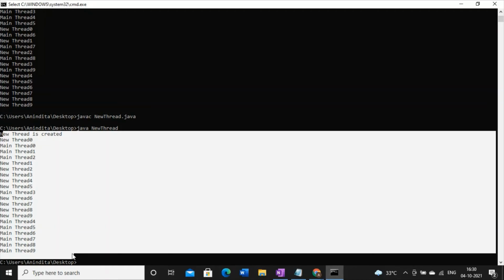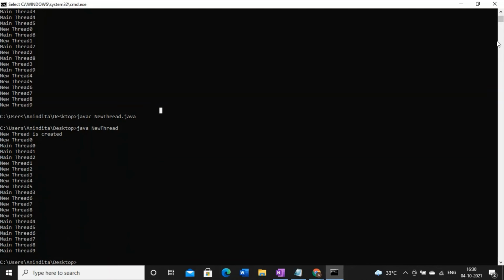What is the time slice? It is decided by the operating system. Why round robin scheduling? Because we are working on a Windows environment. And what do you mean by round robin scheduling? The CPU will switch from one thread to another thread depending on the time slice. Whenever a CPU is assigned to one thread, that thread is executing, and other threads are waiting for the CPU. Immediately after completion of the time slice, the CPU will switch from one thread to another thread. So, due to this mechanism, this kind of output is coming.